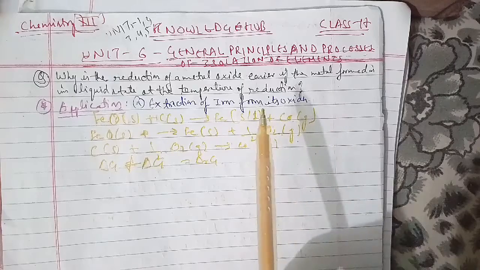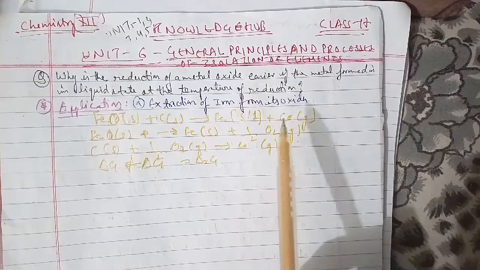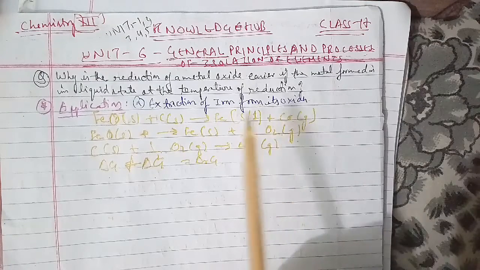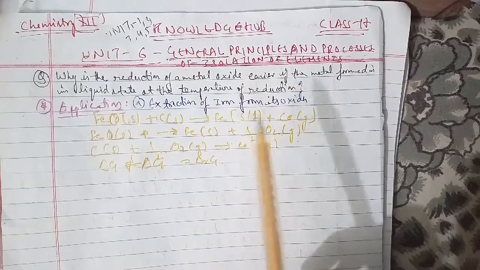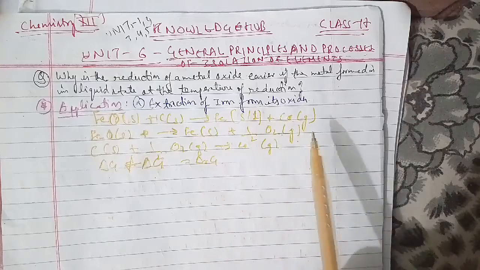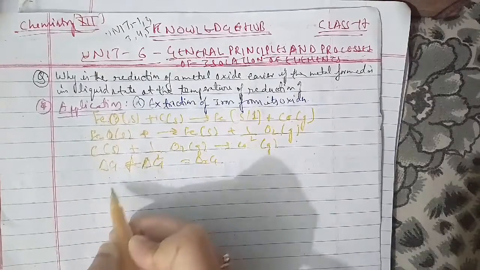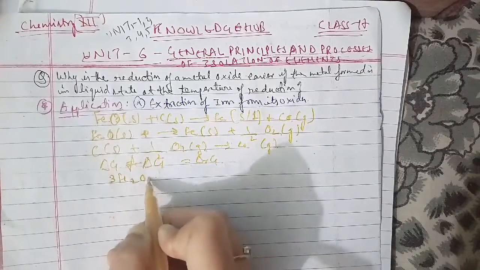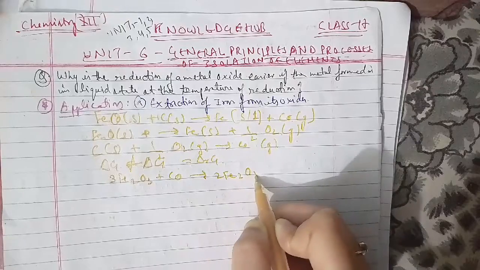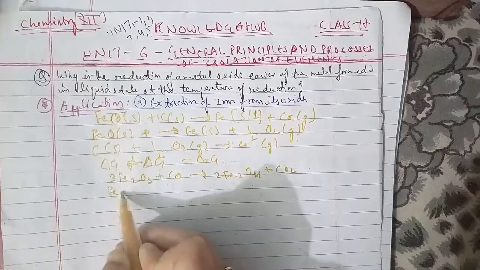The reaction for this is 3Fe2O3 plus CO gives 2Fe3O4 plus CO2. Another equation we have is Fe3O4 plus 4CO gives 3Fe plus 4CO2. And here it is Fe2O3 plus CO gives FeO plus CO2. So these were the things that we have to discuss here, and that is also an important one.